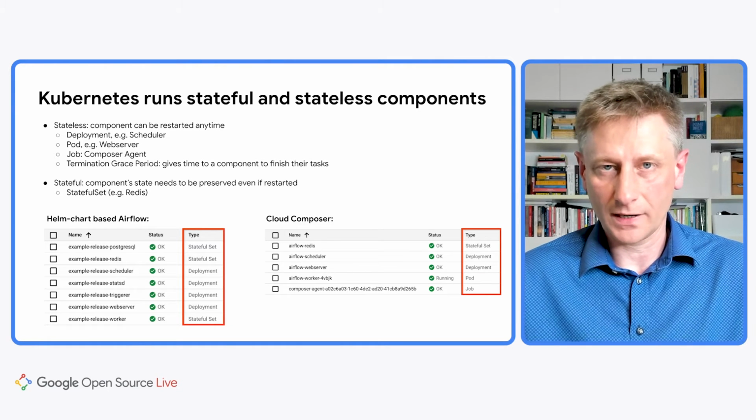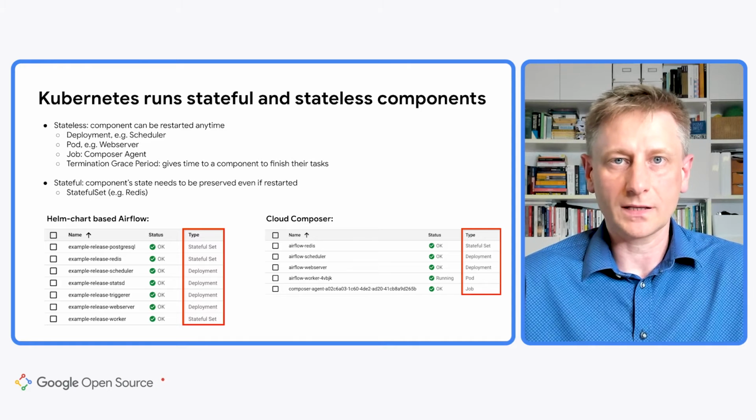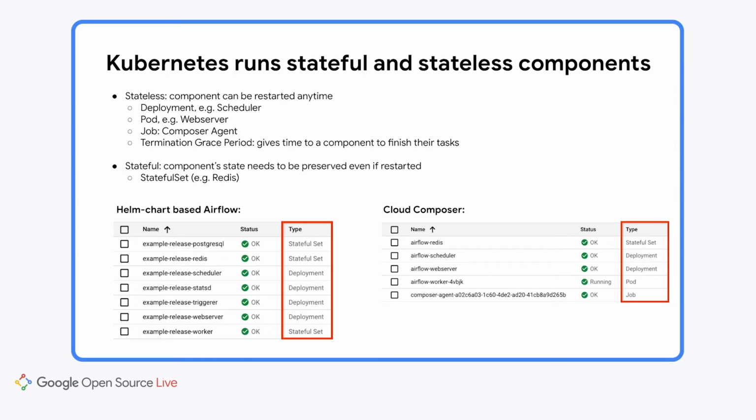An additional assumption that Kubernetes makes when you run pods on Kubernetes is that such pods can be restarted anytime. This is how Kubernetes works. And of course, when running a distributed complex system, some of the components of the system might be stateless, so restarting is not going to harm your system. On the other hand, some other elements of the system might be stateful. It means that after the restart, the component needs to restore its previous data.